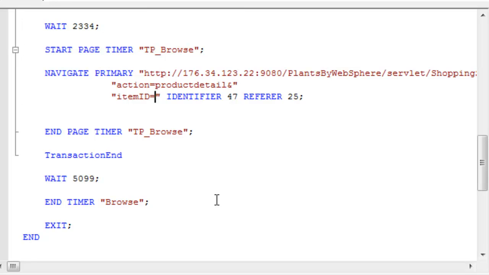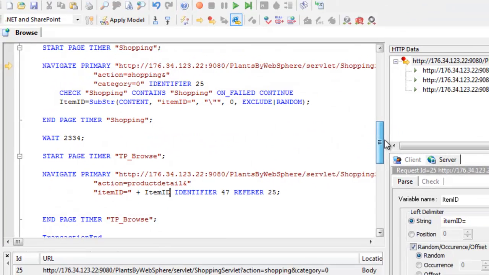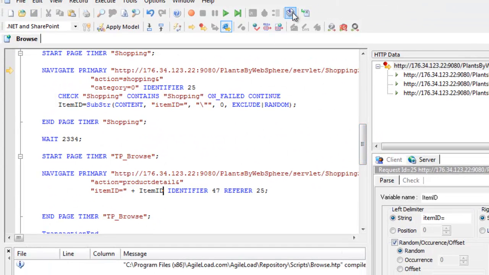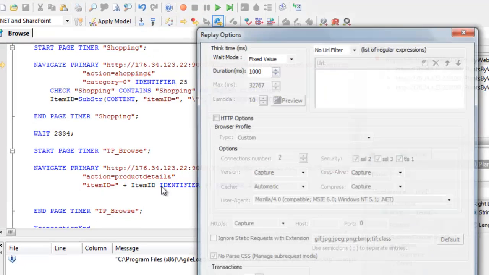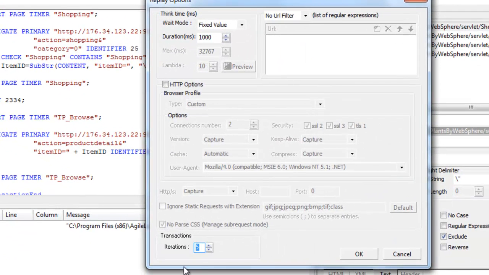So I've removed F001, and I'm just concatenating on here item ID. So let's just compile that, make sure we got no syntax errors. We haven't. And what we're going to do in options is set the iterations to 5, because